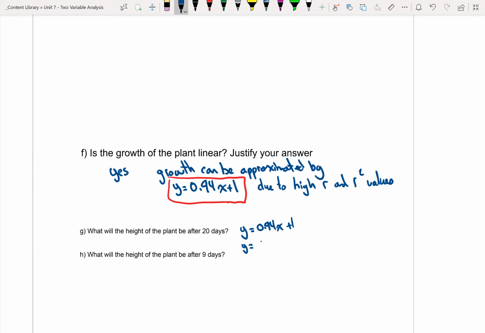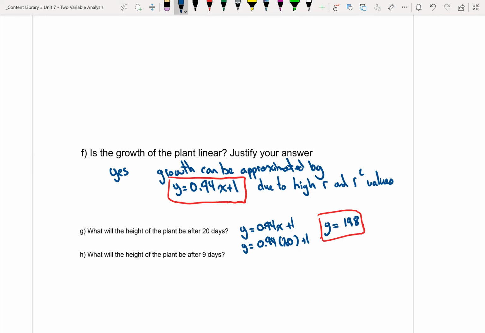You do y equals 0.94 times 20, or 20 days, plus 1. So just using the linear function to actually calculate what the height would be, and we should get that the height is around 19.8 centimeters